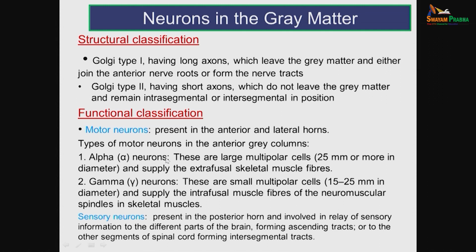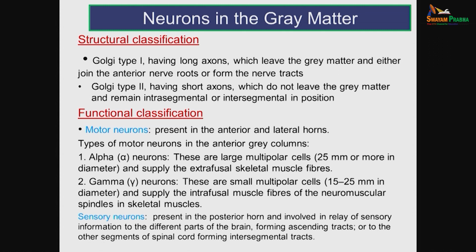The types of motor neurons are alpha neurons and gamma neurons. The only difference is alpha neurons are large multipolar, gamma neurons are small multipolar. Alpha neurons supply extrafusal skeletal muscle fibers, but gamma neurons will supply the intrafusal muscle fibers present in the muscle